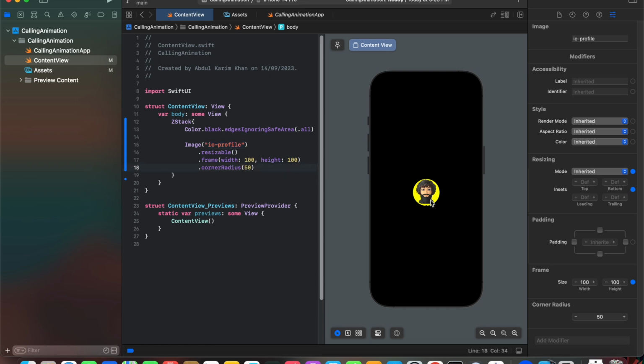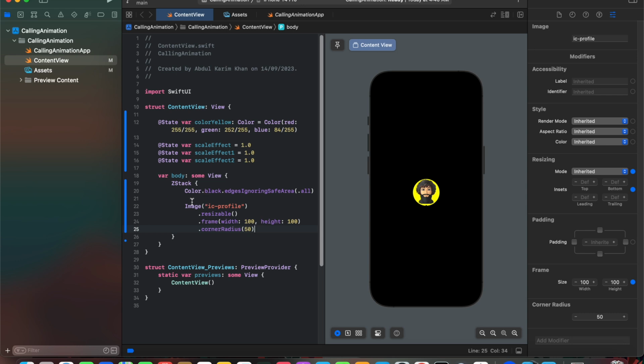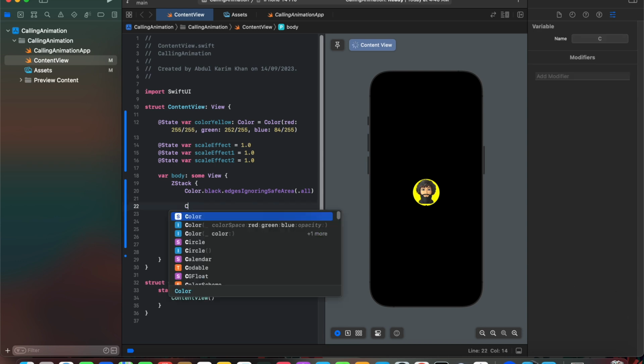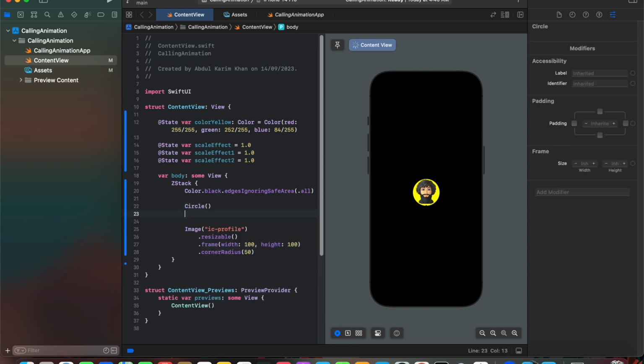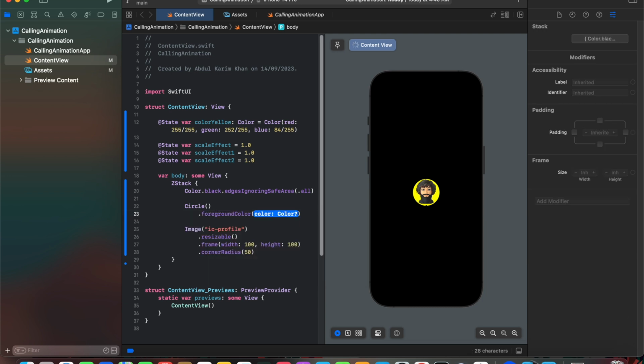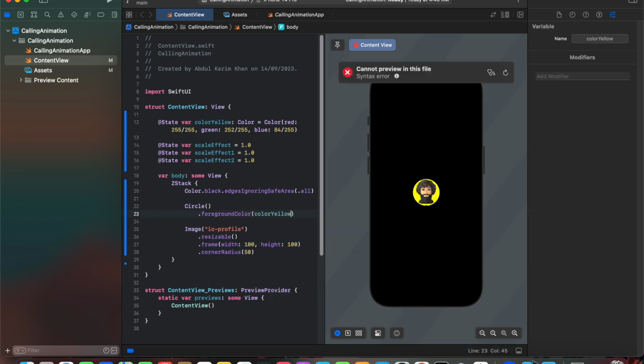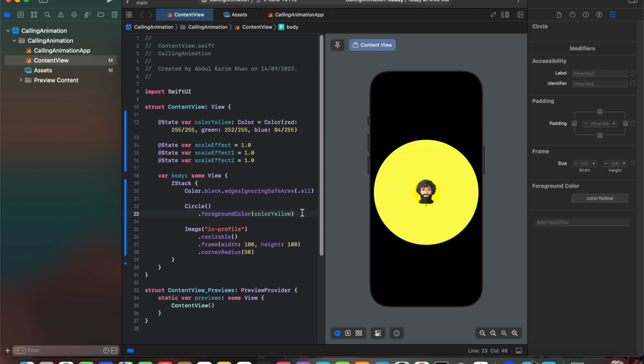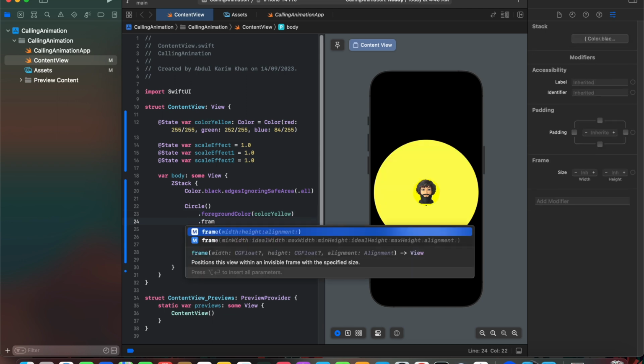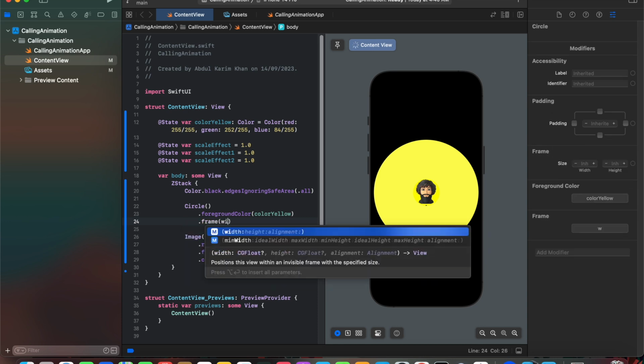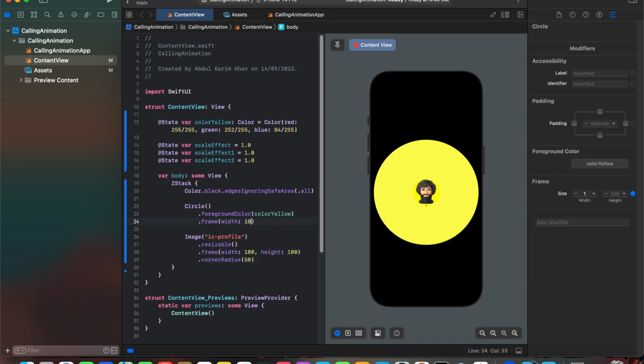Next we are going to add the circles in the background, and then we are going to animate the circle using scaleEffect. As you all saw that the circles were behind this image, so we are going to add circles above this image in the code. So let's add a first circle with a foreground color of yellow that we have initialized with a state variable, and we are going to give it a frame, width and height of 100,